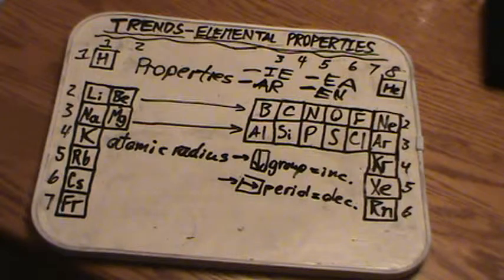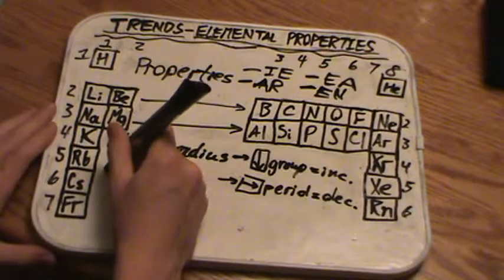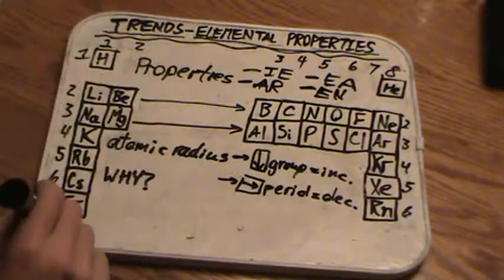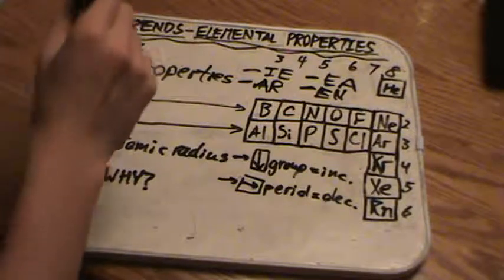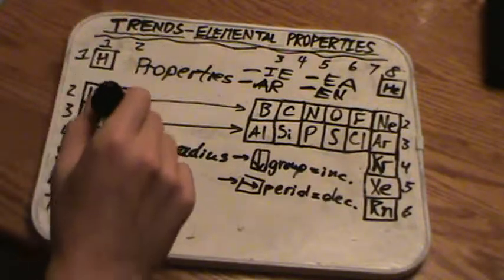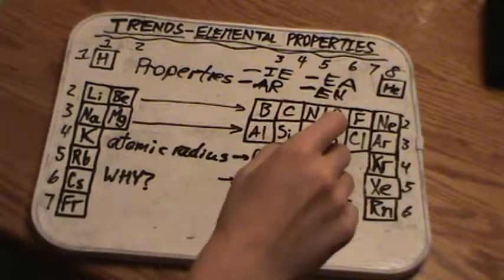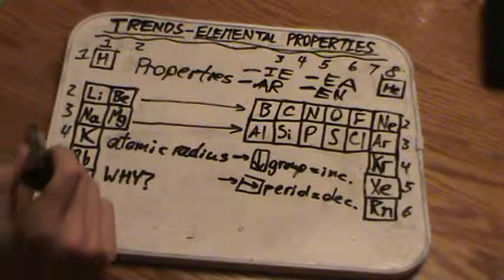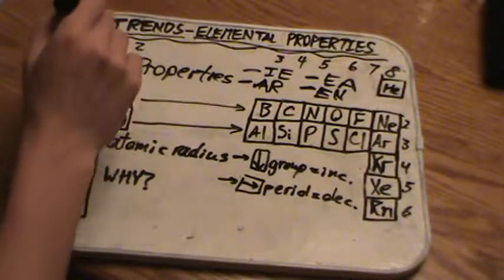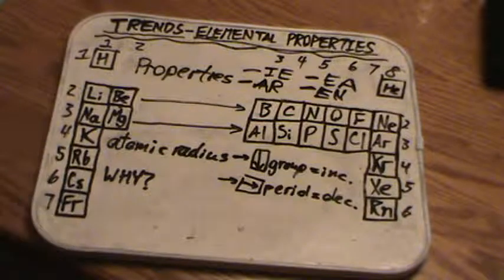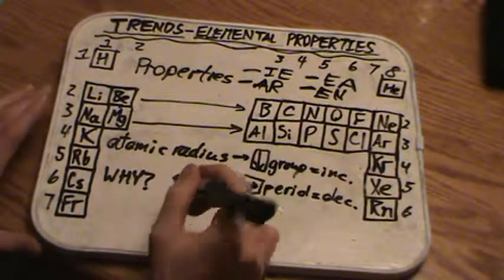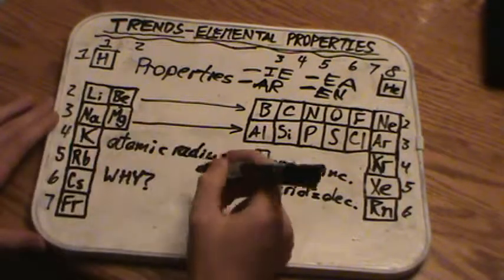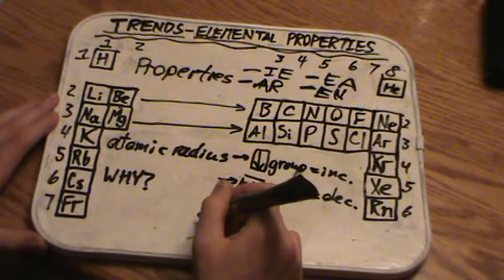So the first portion that we're going to talk about, and the why, again, so important, the why, is the down a group option. And it's actually interesting because the reason the atomic radius increases as you go down group 1 is due to the period number. So as you go down group 1, the period number of each element increases by 1. And as we talked about, the period is representative of the outermost energy level that contains an electron for that element. So if we draw our picture of a hydrogen,